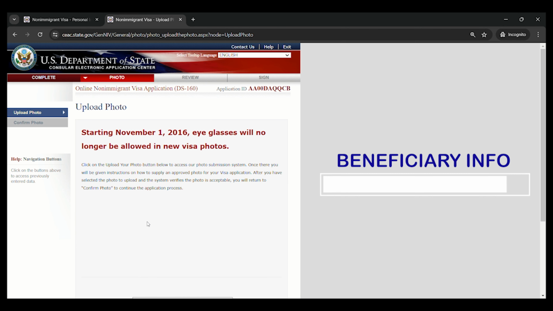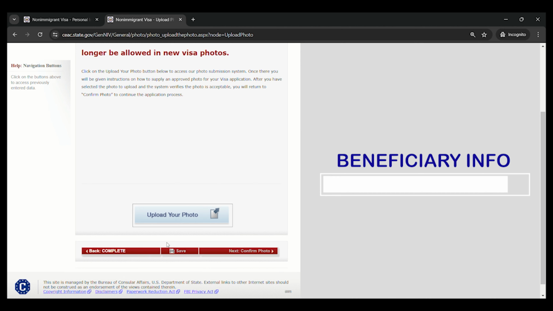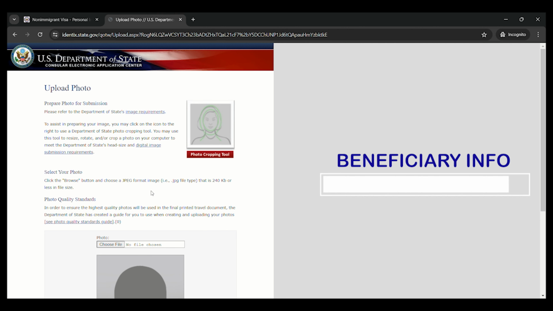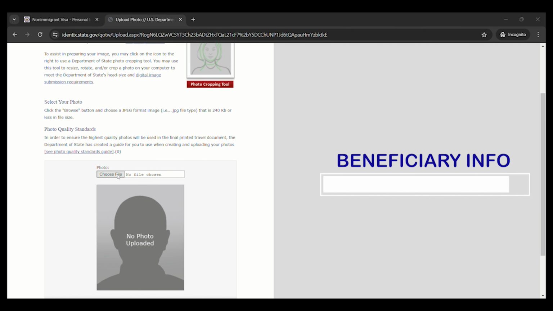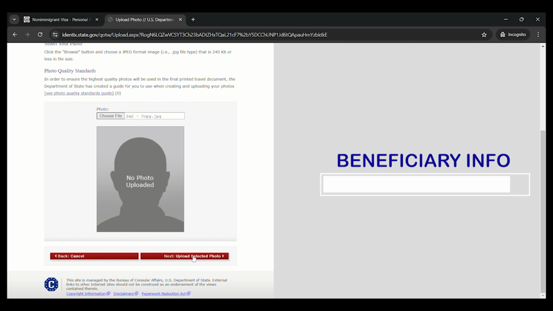Okay, so in this part, guys, you are going to upload a digital copy of your US visa 2x2 picture. So, for example, you click upload. Right? And then click choose file, for example, there, and then click upload.